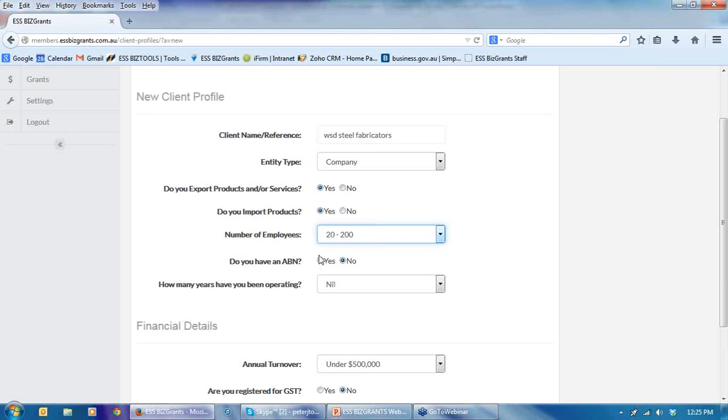Do you have an ABN? We'll tick yes. You need to indicate that you have an ABN if you're going to apply for a government grant. If you don't, you will not be eligible for the grant.